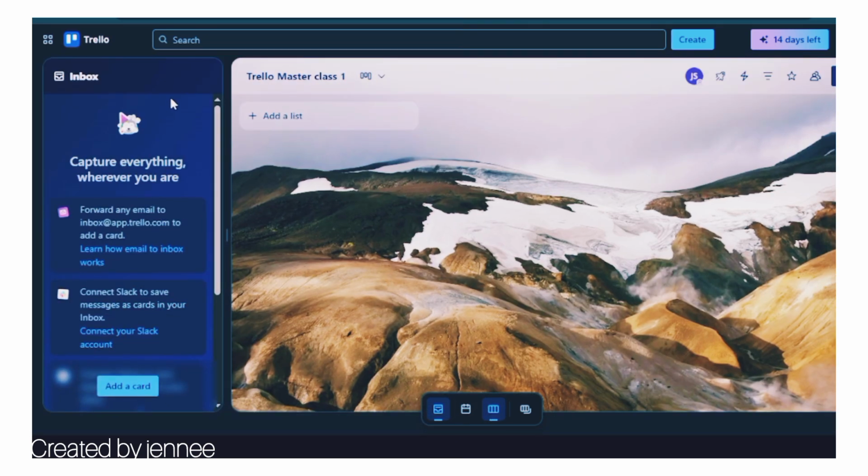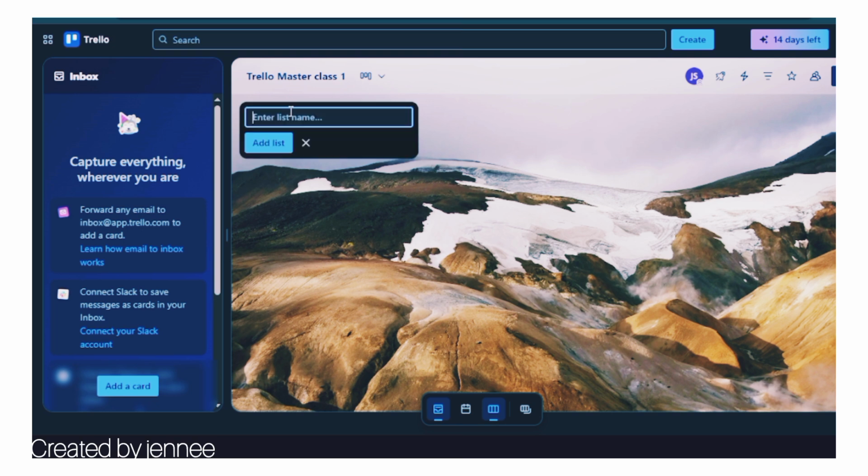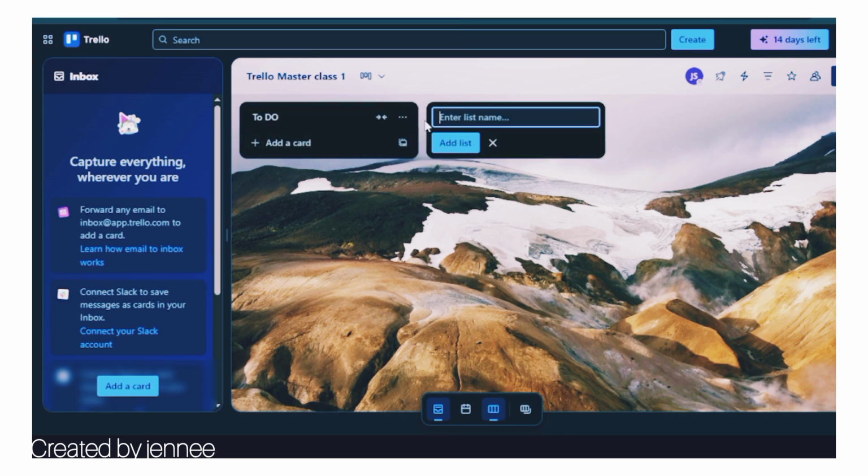Okay, so this is the board. Right? So now under this board we are going to be creating lists. So we are going to be naming our first list To Do. You add lists by clicking on this Add list. You can put In Progress,